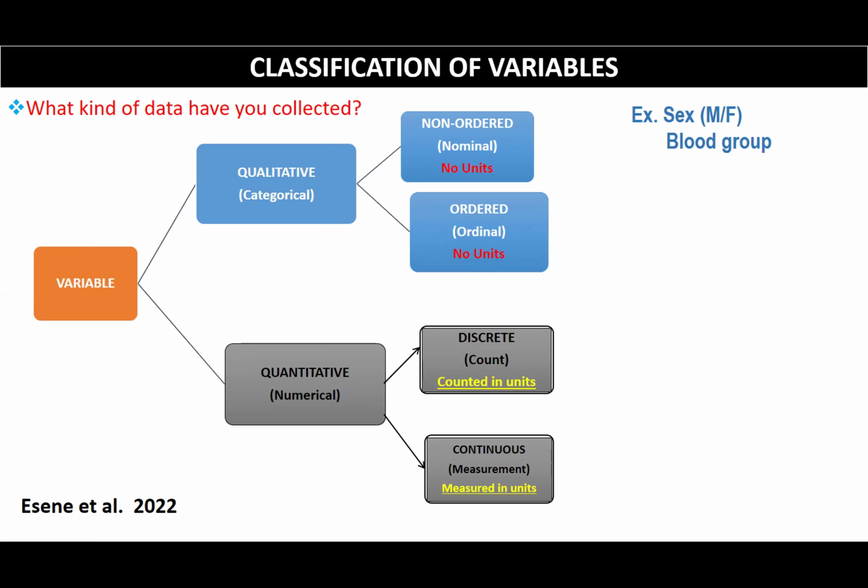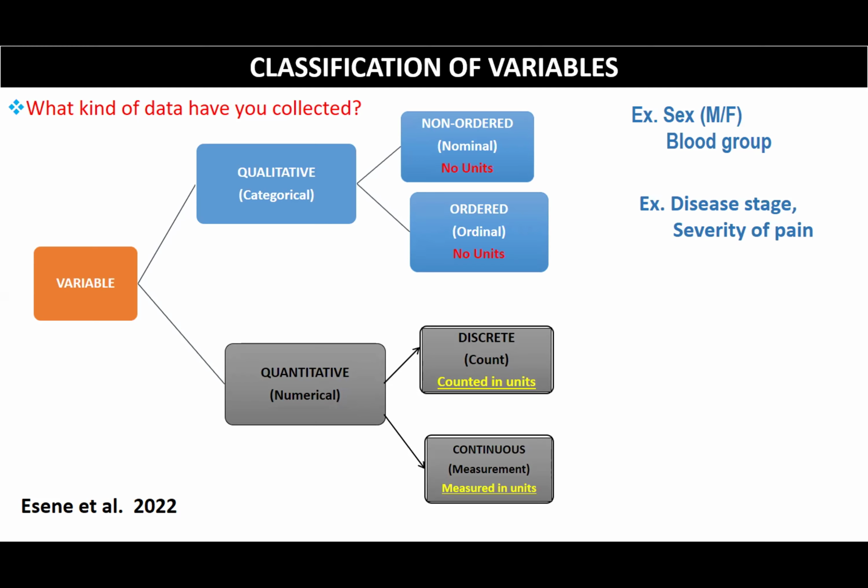If you take the blood group, you can say AB, O. You can say O, AB, A, and B. So the order doesn't really matter, okay, and there's no unit of measurement. If you go to ordinal data, for example, the stage of the disease, the severity of the pain, it's true that we don't have any unit for measurement of pain, okay, but it is ordered. For example, you can say mild pain, moderate pain, severe pain, okay? The stage of the disease, it can be mild, moderate, severe. So here, you see, it is categorical, but it is ordered compared to the nominal data, which is not ordered.